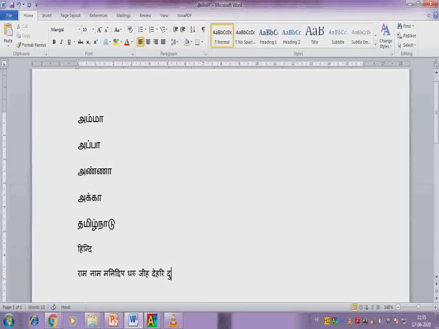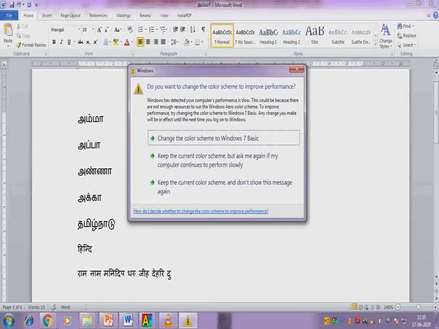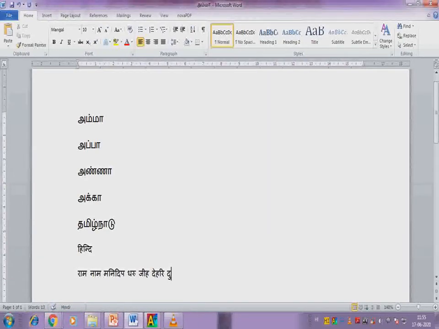Already you chose Hindi, so change it to Sanskrit. Now it is showing the Sanskrit font. To change the keyboard setup, hold the Control key and press number 2. Now I am typing Sanskrit font here.